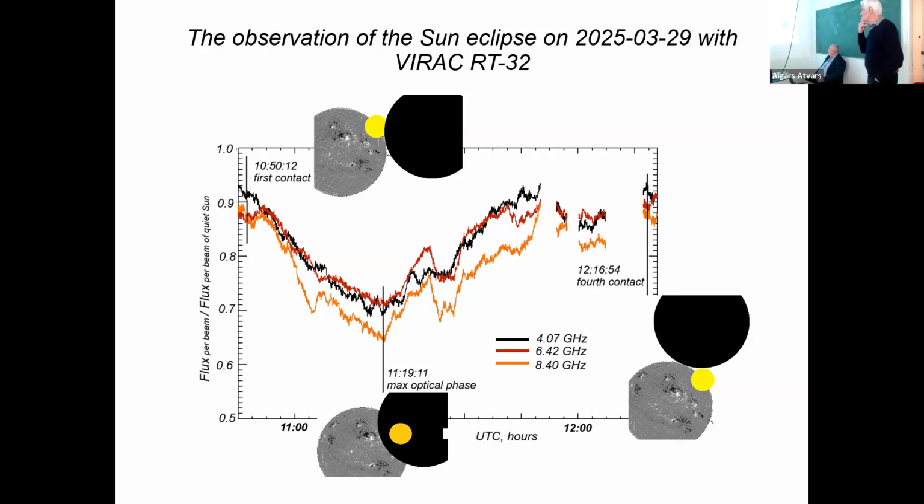The main idea of the eclipse observation of the sun, radio observations of the sun, is that the moon with its sharp edge is working as interferometer, and analyzing the profiles of the flux, it is possible to reveal the fine structure of active region. In this case, the moon did not cover the active region, it is here. In this observation, this yellow point is half power beamwidth of antenna at 7 centimeters. We observed the point on the limb, and you can see the common drop